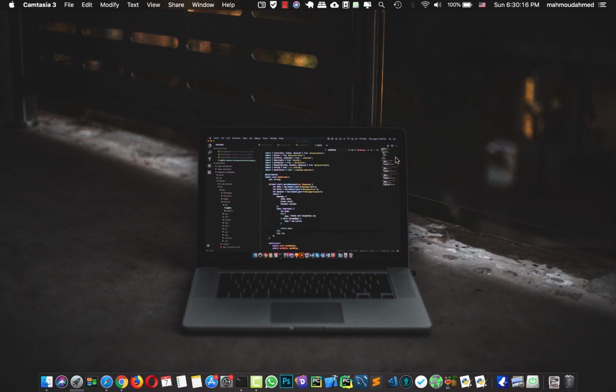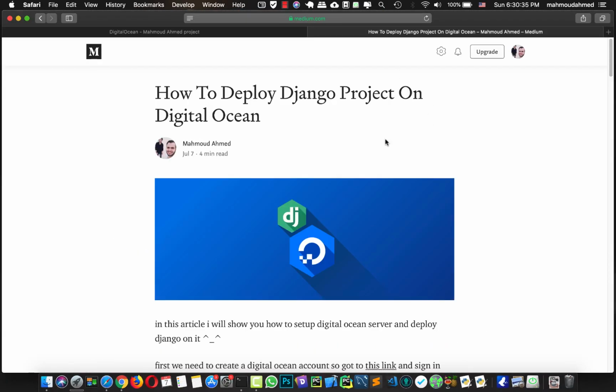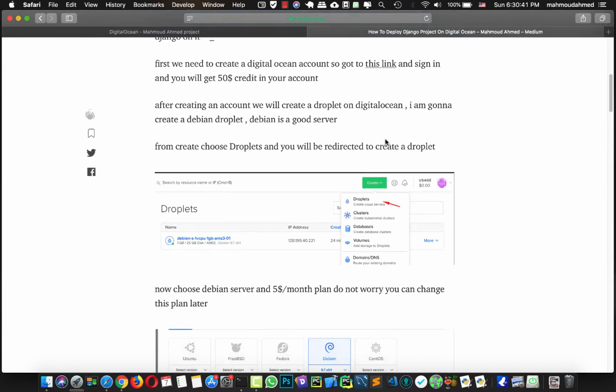Hi, so now we have our server up and running and we've just upgraded our Debian OS. So now it's time that we install our Apache, Django virtual environment and so on. I'm gonna use an article on Medium that I wrote before, so you're gonna find the link for this article in the lecture notes. You're gonna follow along with this tutorial using this article because it has all the process